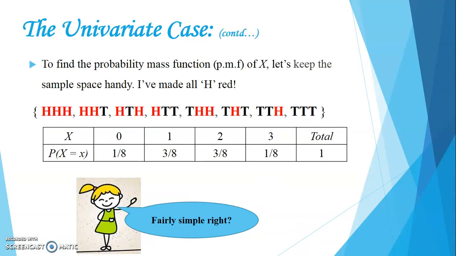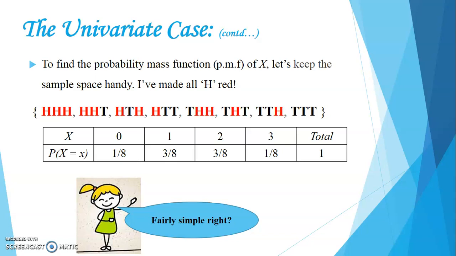Alright, so now let us get on to the concept of probability mass function of x. We are still in the univariate case. So this is a sample space that we have kept handy. Alright, we are noting the PMF or the probability mass function of the number of heads on all the 3 tosses. So what I have done is, I have marked all the heads by red color so that it will be easy for us to identify, right? So as you can see in this colored sample space, the TTT option stands for x equal to 0. That means there is no H. So the values of x can be 0, 1, 2 or 3.